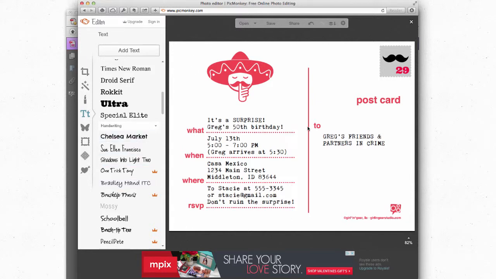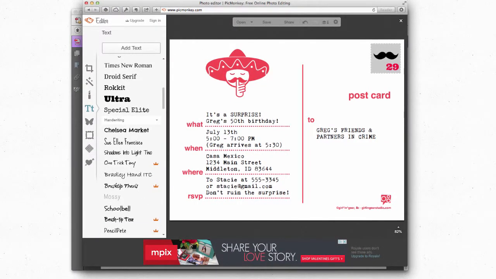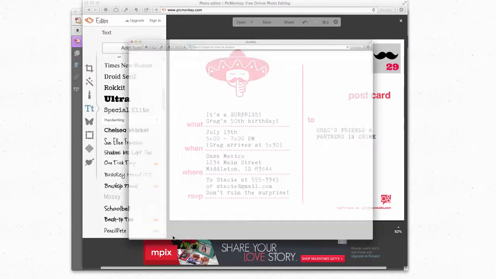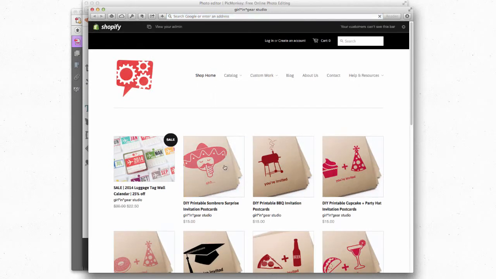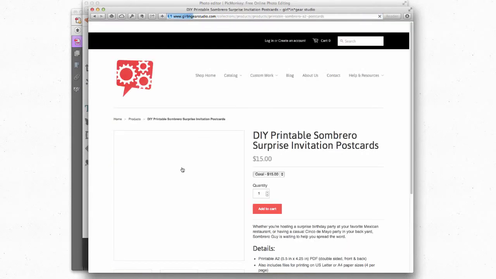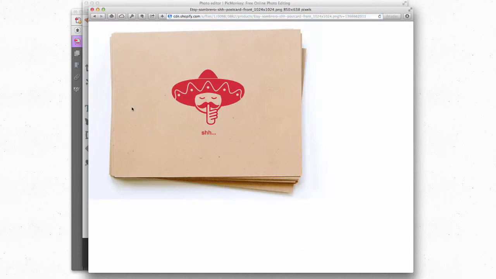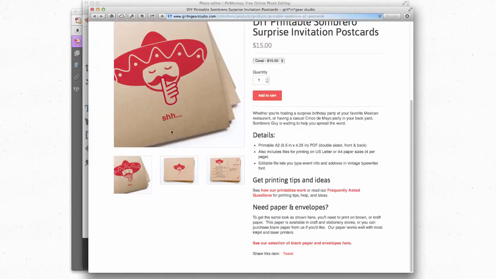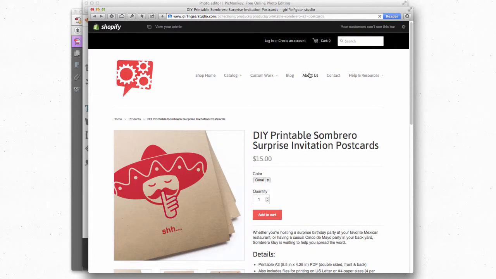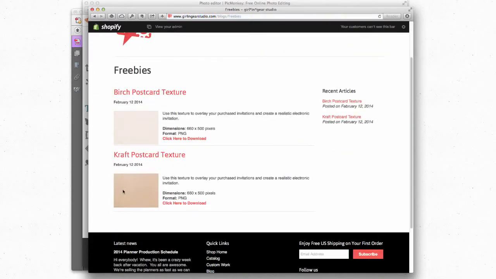So, for example, when you see this, let me get a new window here. When you download an invitation here, or when you shop on my website, you'll see it shows it on a craft background. I've created a free download here of this craft postcard texture, and there's also a birch postcard texture. It's a white kind of speckly thing. We can download it,